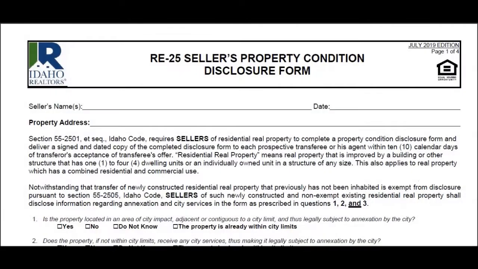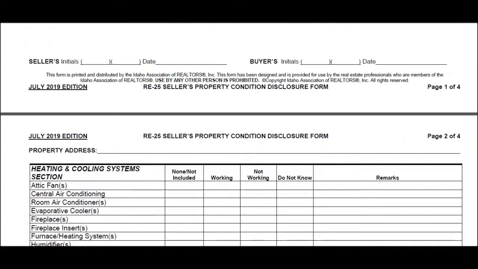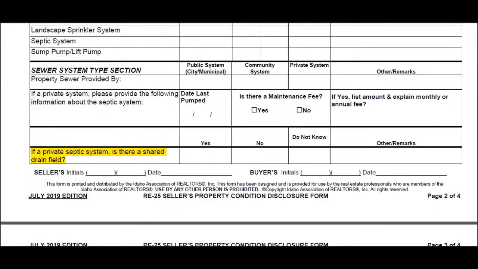Welcome to the video that summarizes the changes to the RE25, our property condition disclosure form. Very minimal changes to this particular form this year. The very first one deals with a private septic system. There is a line that has been added to address the fact that there's a shared